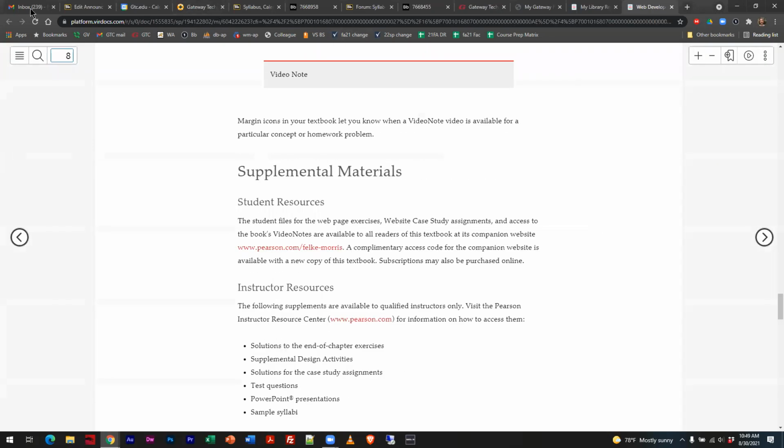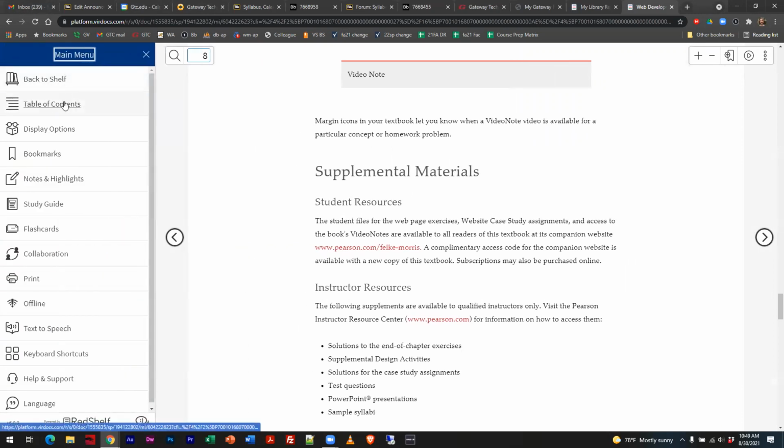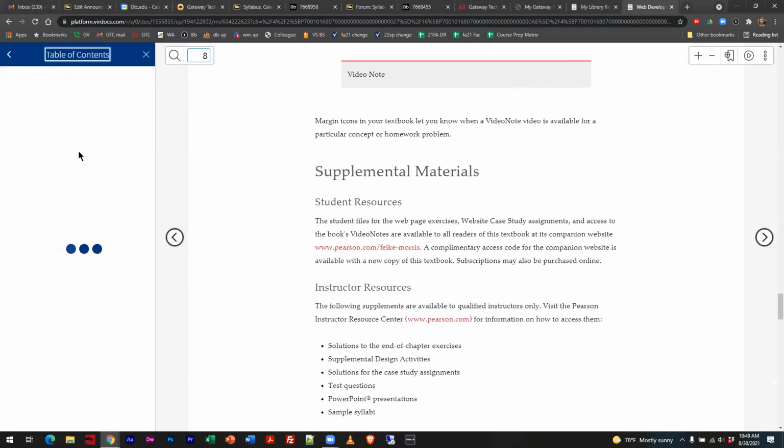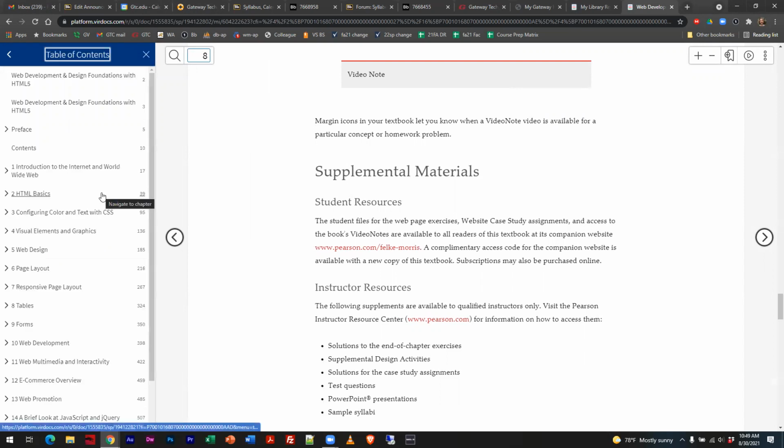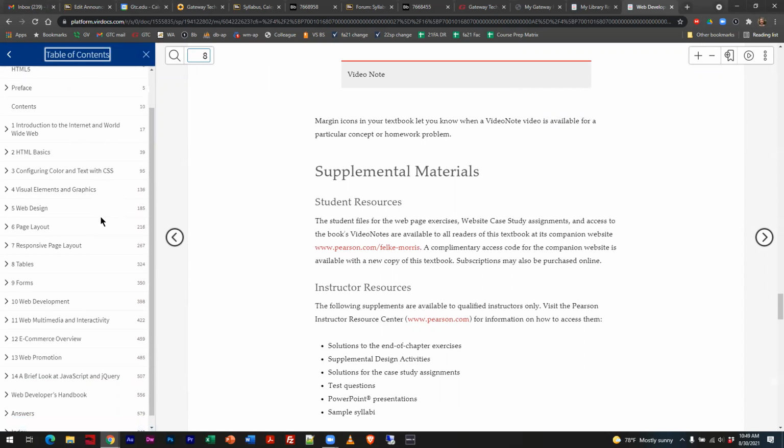What I really like about this book, aside from the author being from Wisconsin, is the way that she organizes the topics. You can see here in the sidebar what the topics are. And so today, I'm hoping that we can get most of the way through the first chapter of content. So we'll talk about the history of the internet, what the internet is, how it works, and with any luck, we'll even start to code a little bit, which is always cool. Get your hands on and get into it.